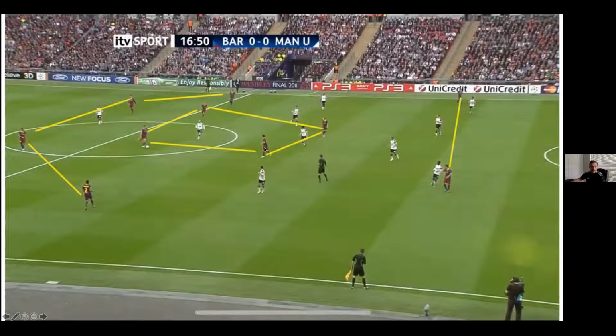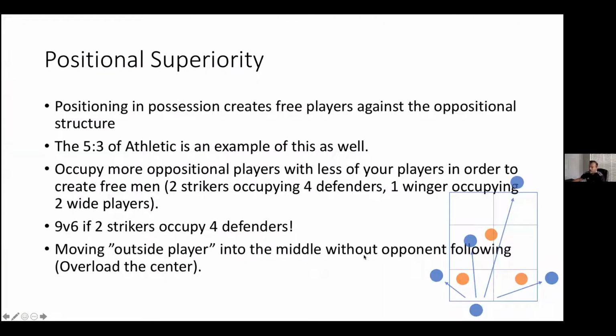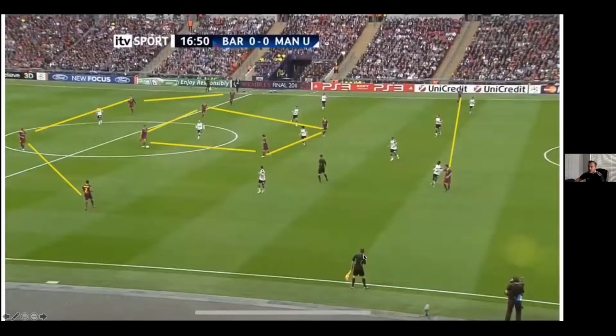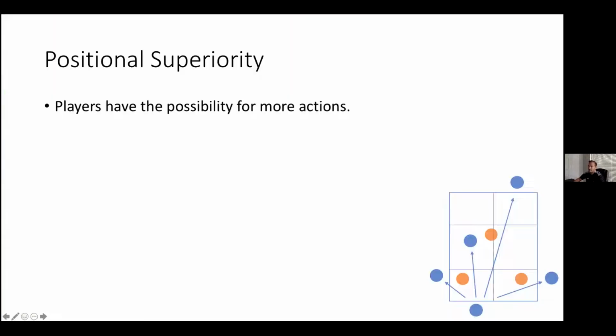You can do this in different ways. A way that we see nowadays, for example, is if this winger stays wide and this fullback goes into the middle. Now, if this winger follows the fullback into the middle, this winger has a 1v1 automatically, right? And teams don't want that. So they keep their shape, but now this fullback moves into the middle from an outside position, unfollowed. Now you've overloaded, right? So that's what I mean when I say here, moving an outside player into the middle without the opponent following, right? So that's a tool that you can use to now have more players, create a positional superiority through your numerical superiority, progress through the opponent, and then find the way to play in behind the opponent.